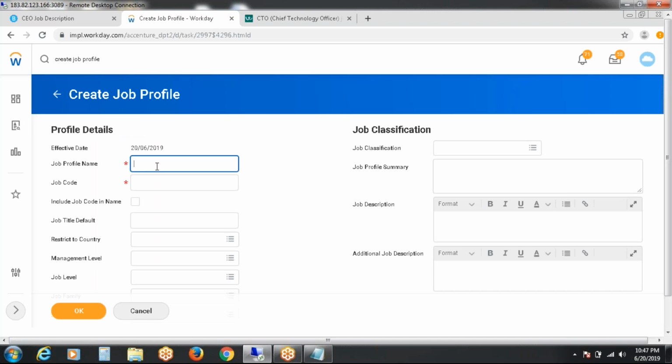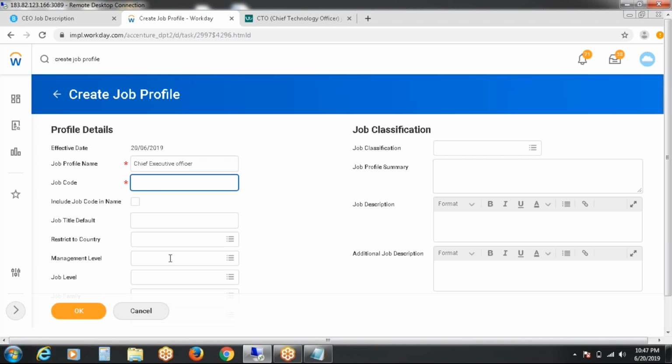So what is the job profile name? Chief. And what is our organization name? Global Software Solutions, right? So the job profile name is Chief Executive Officer.